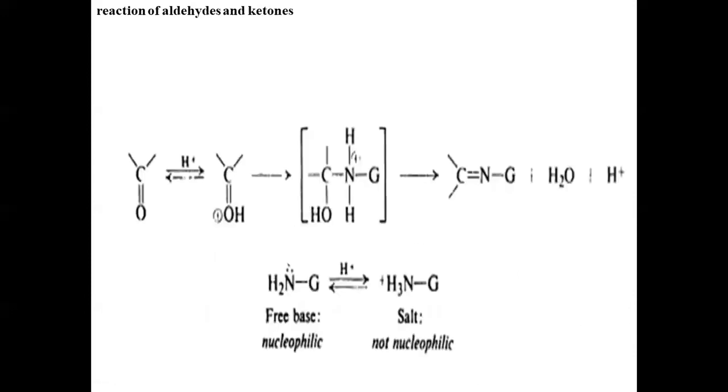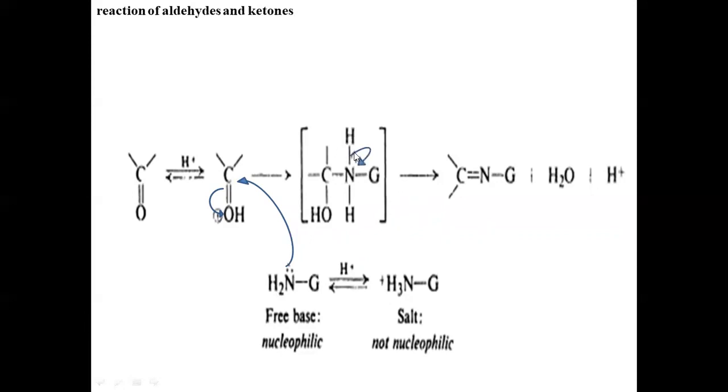Now let us understand the reaction mechanism. Here we can see the carbonyl group. As I have already mentioned, this addition elimination reaction requires an acidic environment. So in presence of acid, the oxygen of the carbonyl group will be attacked by the proton to form OH. Then, as this carbonyl carbon is electron deficient, the electron rich derivative of ammonia will attack the carbonyl carbon, and then a pair of electrons will shift onto oxygen to form the reaction intermediate that has been explained.